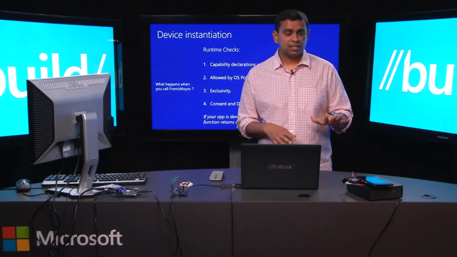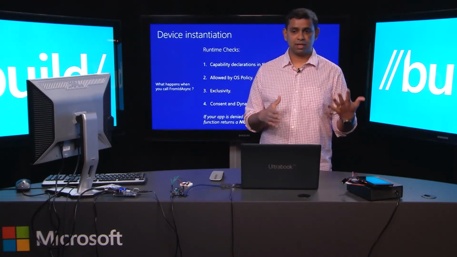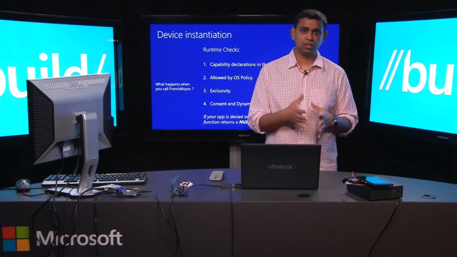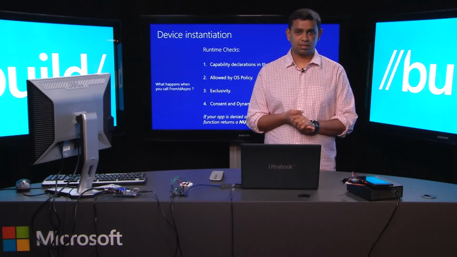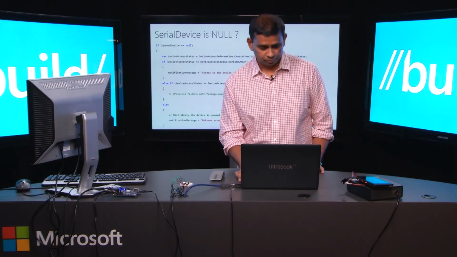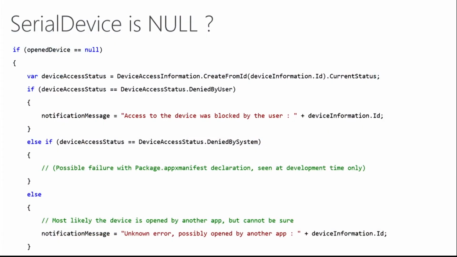Now, as a result of any of these steps, if it's somehow discovered that the device handle cannot be opened for any of these reasons, what you will get back is a null serial device object. So what do you do then? If you encounter a situation whereby from ID async gave back a null object, then you can optionally call these other device access information APIs to figure out a more detailed status as to why you were not allowed to open a handle to the device. Again, this is an optional step. It's not a must-do, but if you wanted more information on what exactly happened,